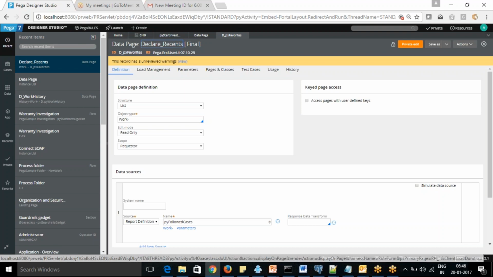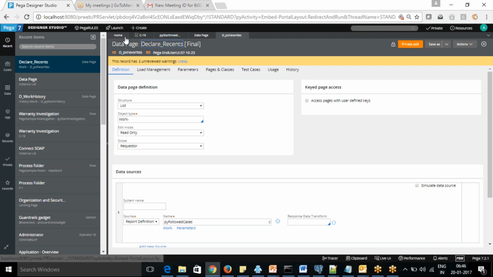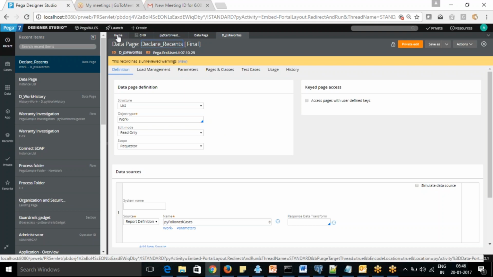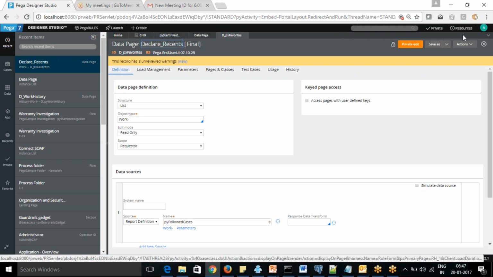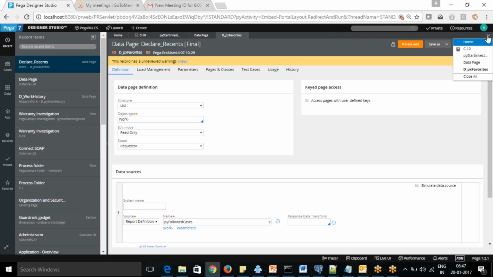Then you have the work area. You can see that I have already opened many rules here. The home button is unclosable, so that will always be available as the first tab, and then you can open any rules there. At the max you can open 16 tabs. If you want to close all of them together, you have an option to do it from here. At the end you can see an accordion view. If you go to that, it will show you all the open tabs, and you can close all of them.